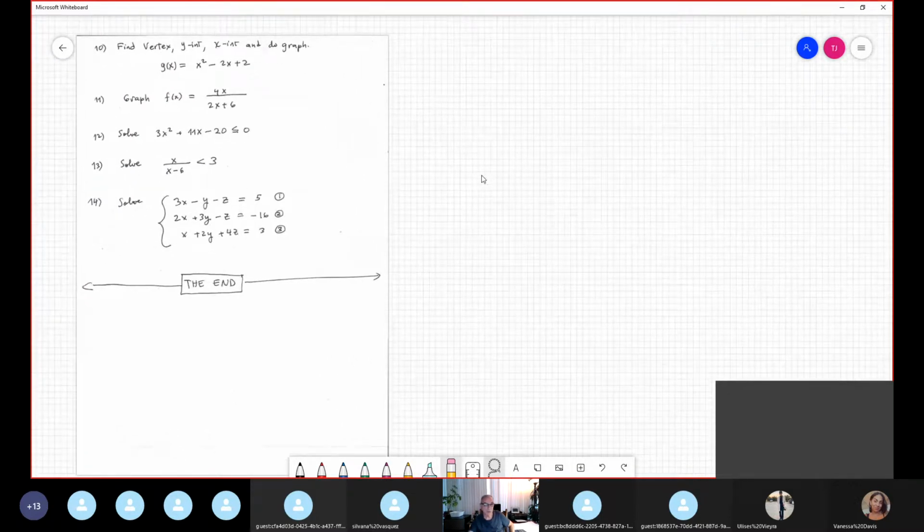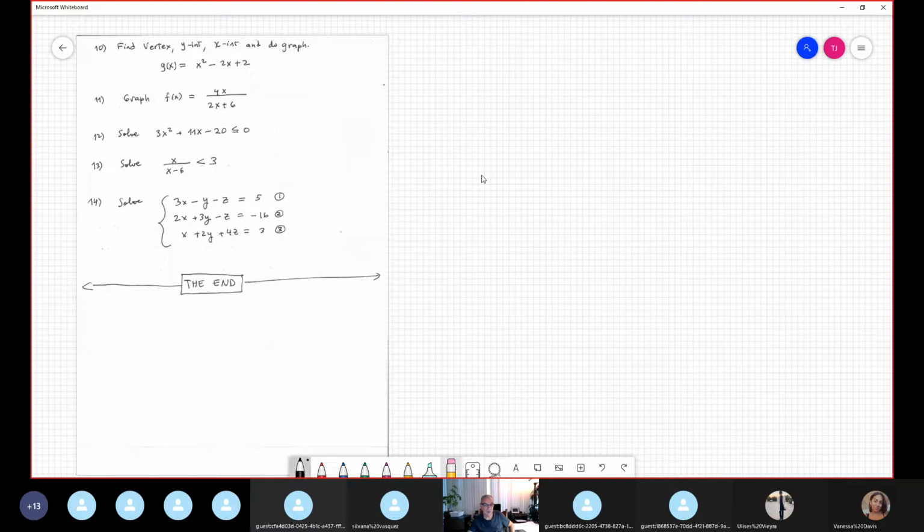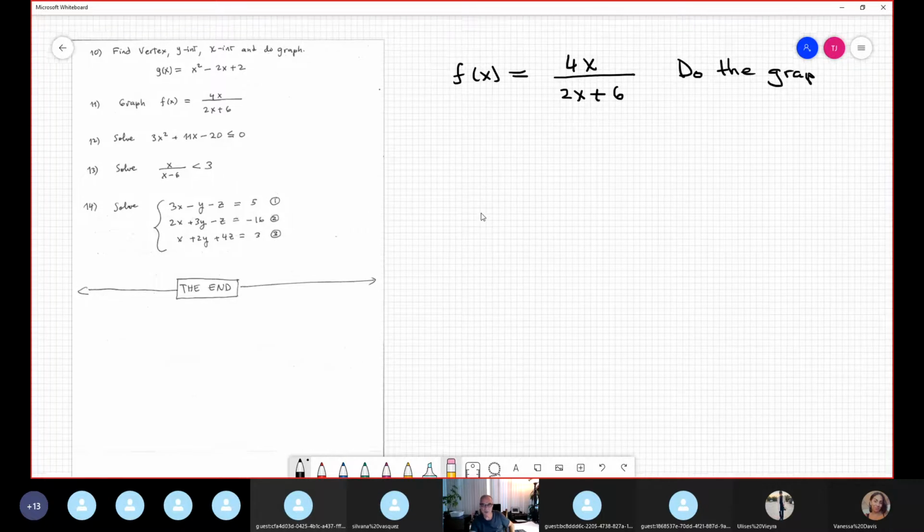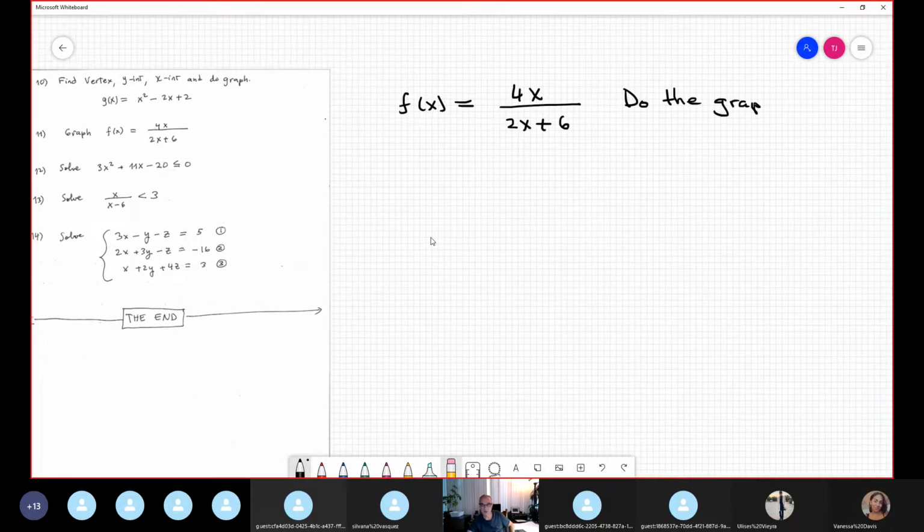Okay. Let's do a graph. Number 11 is a graph of, in this case, a rational function. The rational function is 4x divided by 2x plus 6. This is given in that way. However, to do the graph immediately, I identify that actually it is not in factored form,